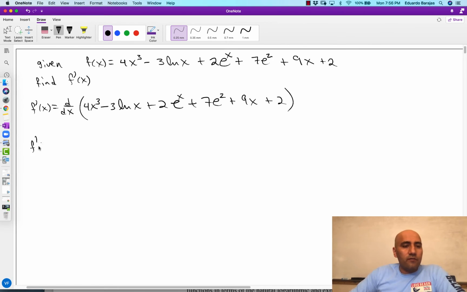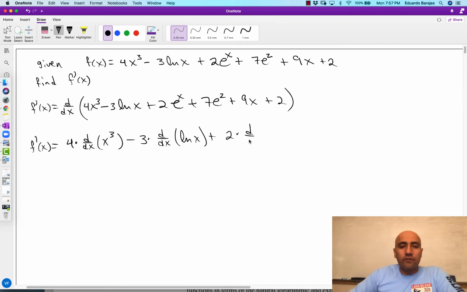Okay, so f prime of x is equal to, I know I can break this down a little bit by separating the addition and subtraction of each term. So I can find the derivative of each one of these terms being added or subtracted, and I also know that I can bring out some constants, so I'm going to do a couple of steps in one. So 4 times the derivative with respect to x of x to the third power minus 3 times the derivative with respect to x of ln of x plus 2 times the derivative with respect to x of e to the x plus,